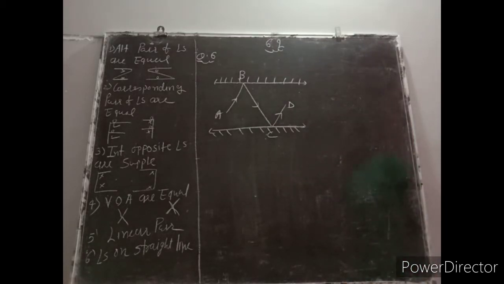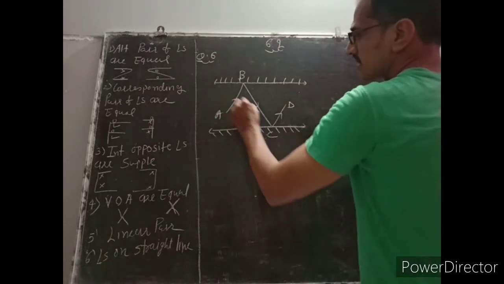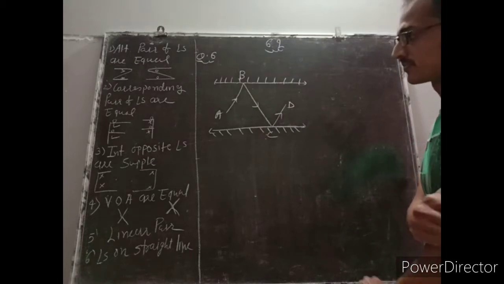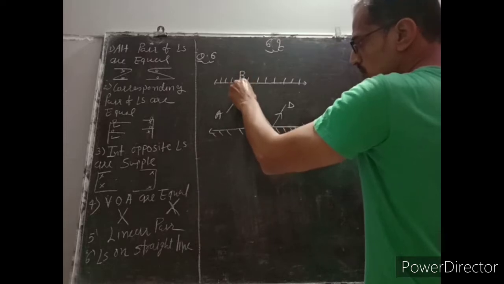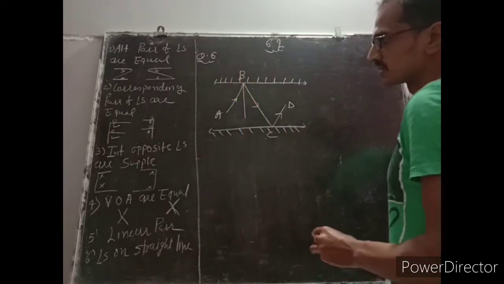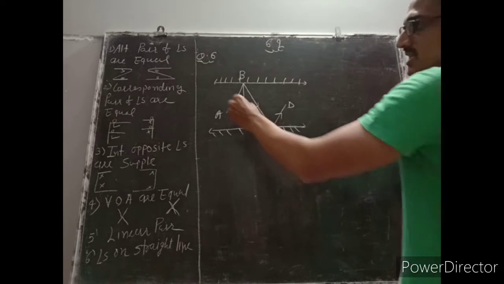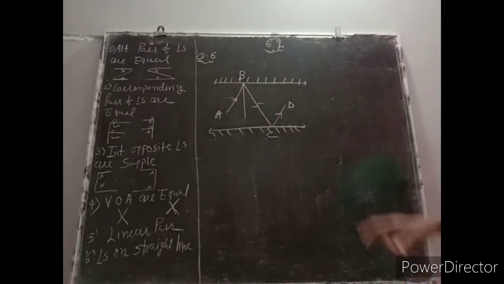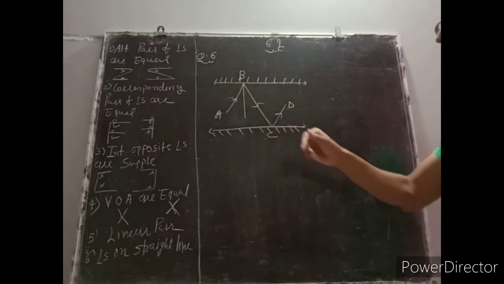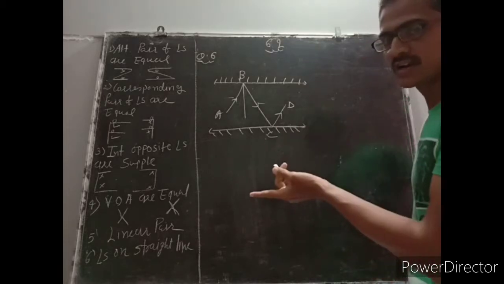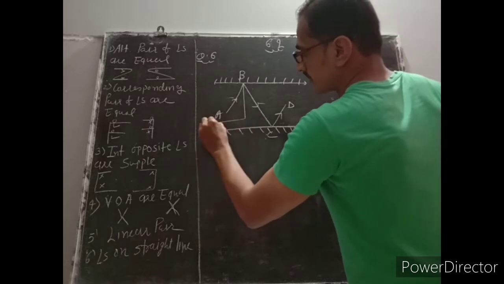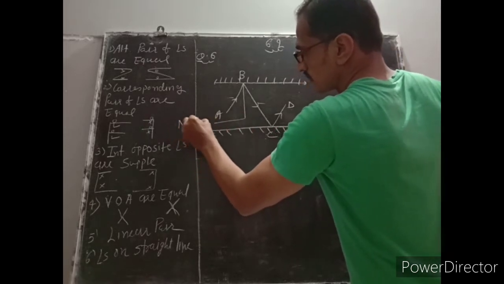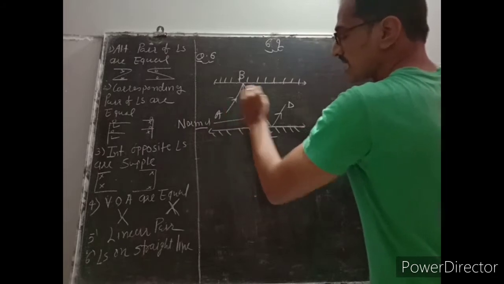Look, this is the incident ray, it is the reflected ray. In short, here we draw one normal, this is called the normal. And listen, whenever this is the incident ray and this is the reflected ray, the angle formed by the incident ray with the normal and the reflected ray with the normal is always the same. These both angles are going to be the same,